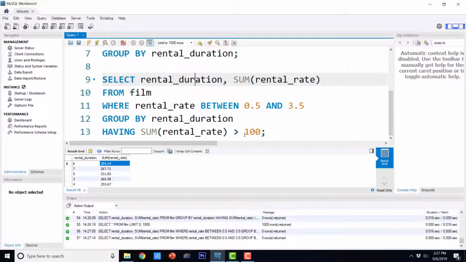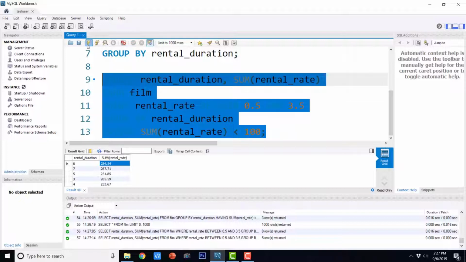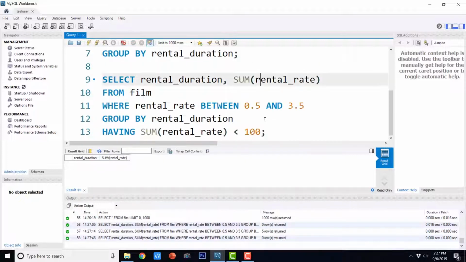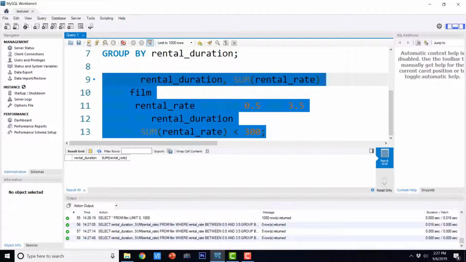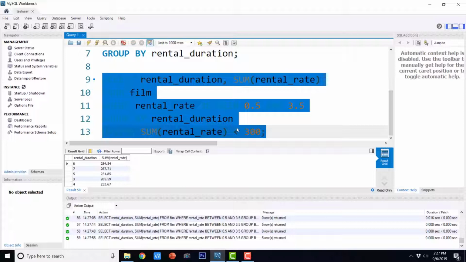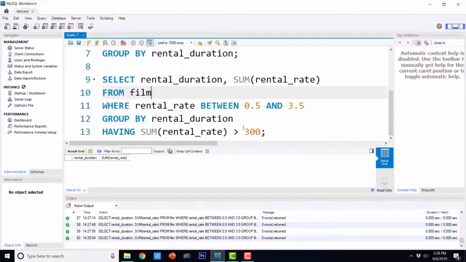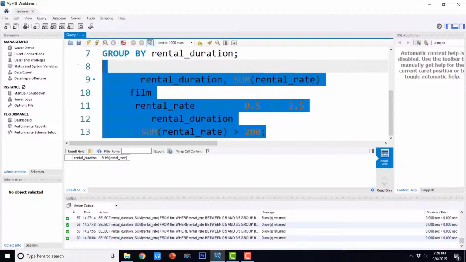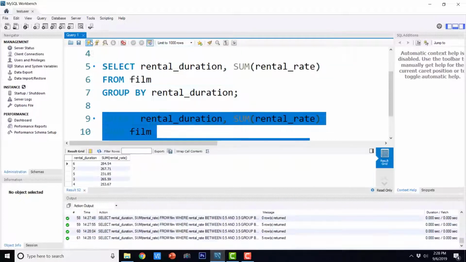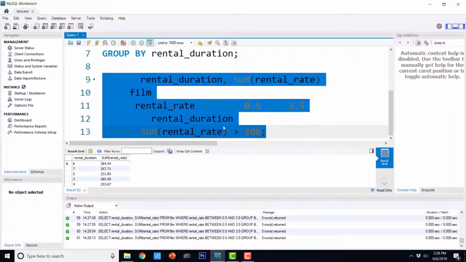If you see what records were filtered in this query, we can just write an opposite query of that. Let's say 300, and we will be able to see a few records. These are the records, and if I say greater than, there will be few records. So let us say 200. Yeah, so this way you can write various queries.